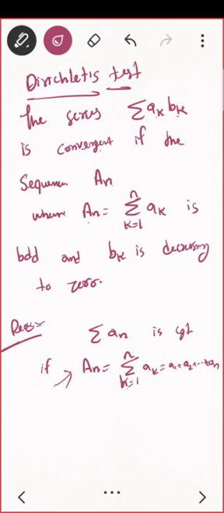And one more thing I had already told you: if somehow I know that each of e1, e2, up to en is positive, then it is enough to have this as bounded. If en is bounded, it is enough for my series to be convergent, because it will be monotone, and it follows from the monotone convergence theorem that monotonic and bounded implies convergent.